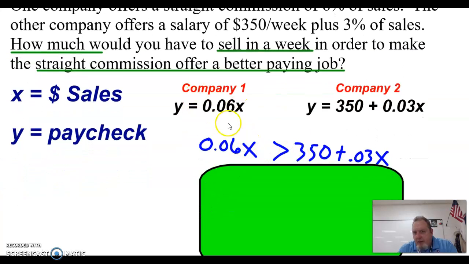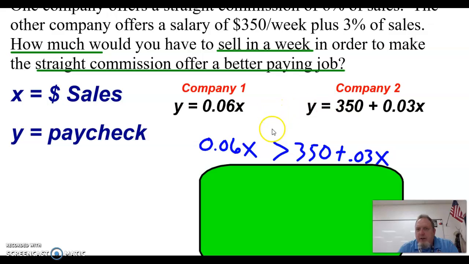So we're going to set the first one. Since we have two things equal to y, they're equal to each other. So we can set 0.06x greater than the second offer, and we're going to solve this for x to see exactly how many dollars in sales we have to have each week to make job 1 a better deal than